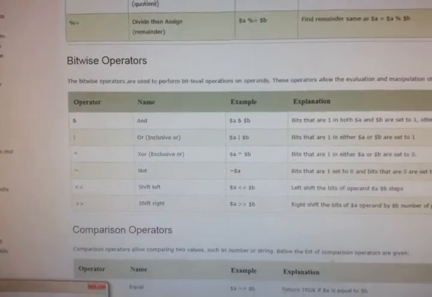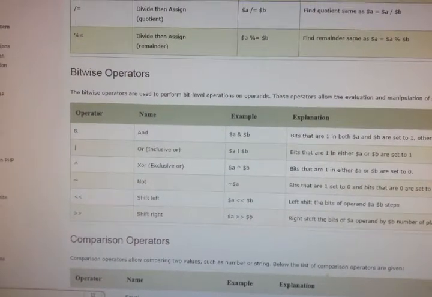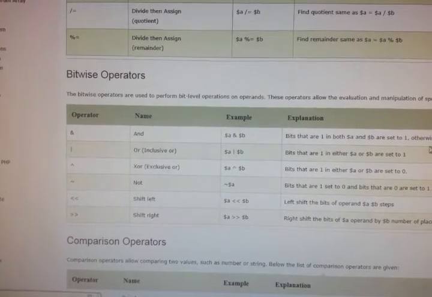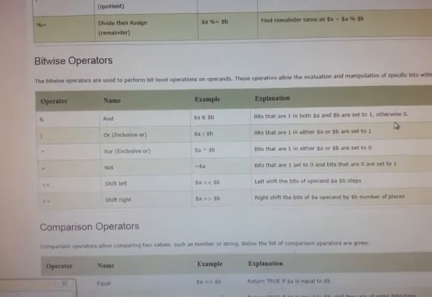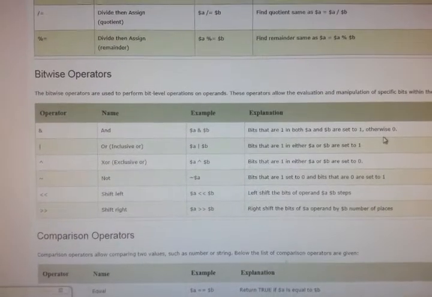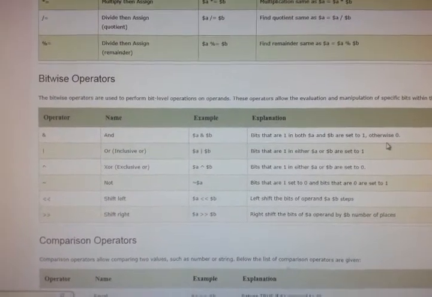So the operators are AND, we call it bitwise AND. It is same as our logical AND, but only one symbol of AND is given for bitwise.